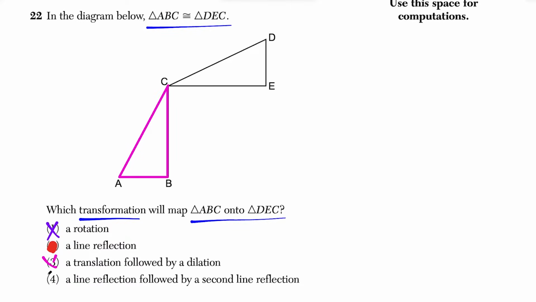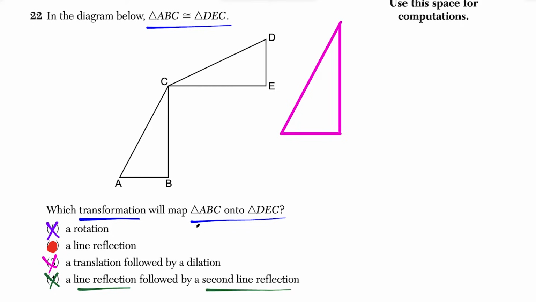So choice 3 is no good because if we take triangle ABC and we translate it, you could see that if all we do is slide this thing, there's no way it's going to land exactly on top of triangle DEC. Even if we dilate this thing, if we make it bigger or smaller, that's not going to change the direction that it's facing. So that's not going to be enough for us to map this triangle on top of this triangle. And finally, choice 4 is no good because if we do a line reflection followed by a second line reflection, the orientation of the angles is not going to match, and we won't be able to map triangle ABC onto triangle DEC. And what I mean by that is if we look right now at these two triangles,